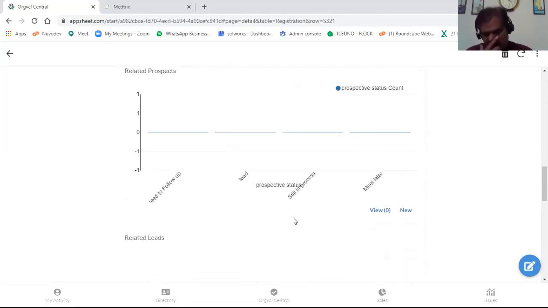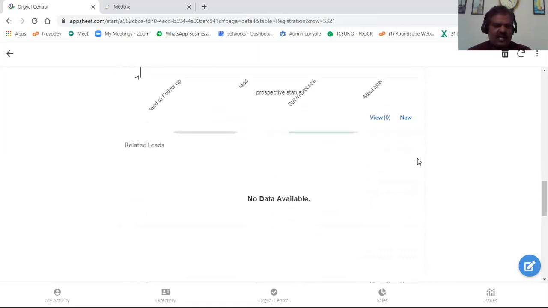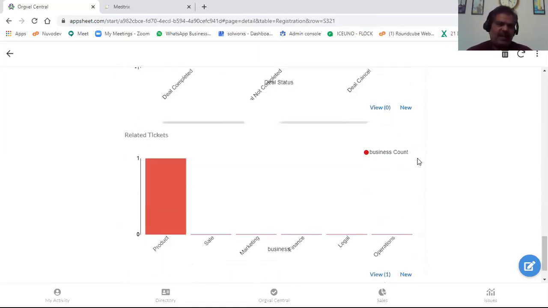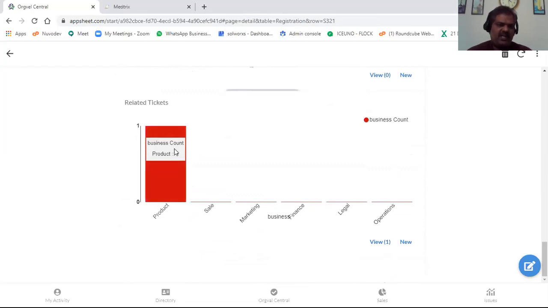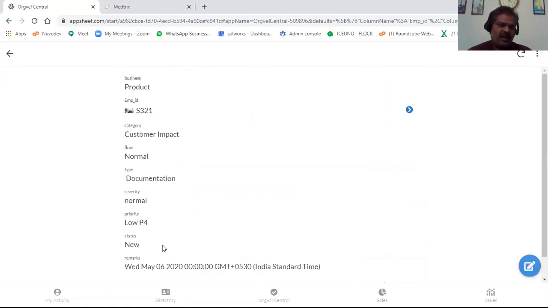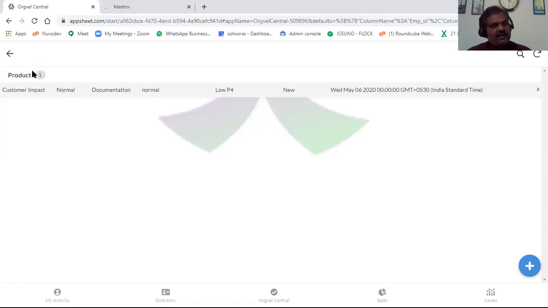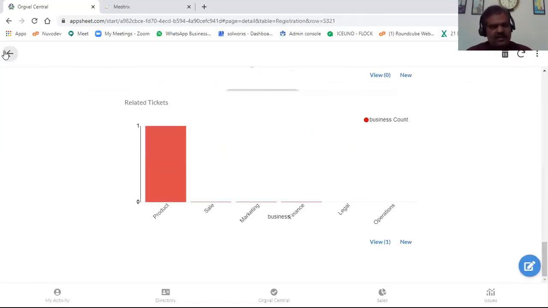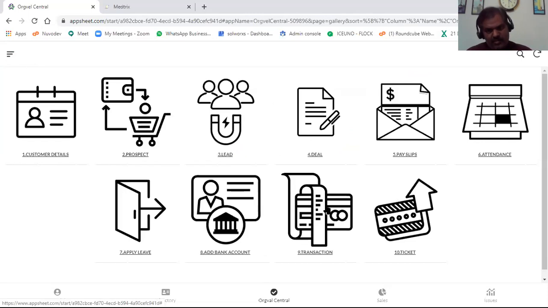Then it also shows, as a salesperson, what I am doing on the follow-up, on the lead, where is my active process, more like a line graph. So it connects me to what exactly I'm doing. And it also shows the ticket. See, the ticket which I have raised here has started showing up here. Yeah. So this was the customer impact ticket which I've raised today. So like this, we have touched multiple factors here about the completeness of the sales team, but yet it is simple and it is effective and it doesn't impact anything, and it is more helpful.